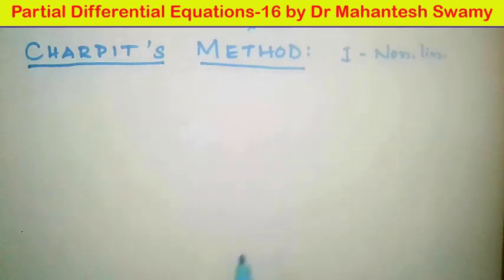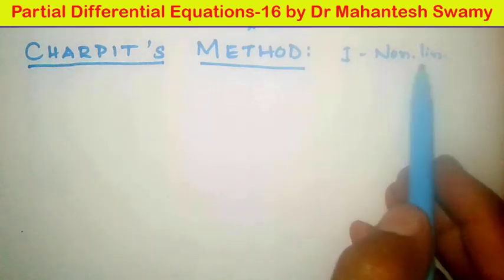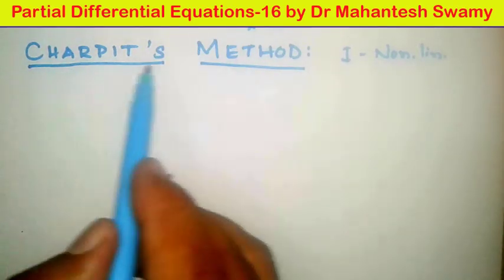of any kind. In the previous videos, we have seen the method of solution for the partial differential equations which were categorized as type number 1, type number 2, type number 3 and type number 4. That was Clairaut's form at the end. But here there is no restriction. Whatever may be the form of the given partial differential equation, if it is of first order and if it is nonlinear, that can be solved by using the Charpit's method.